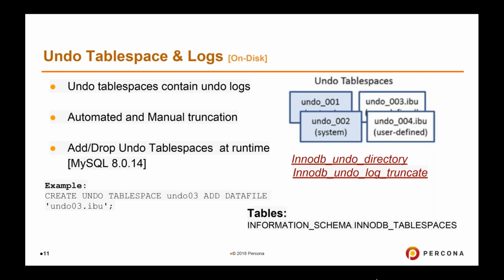This is the naming convention. You can give the name, and that is the extension. By default, it will create two undo tablespaces, that is 001 and 002, as shown in the picture. But if you want additional ones, you can create them, and those will be your user-defined undo tablespaces. You can get the information about undo tablespaces in your information schema